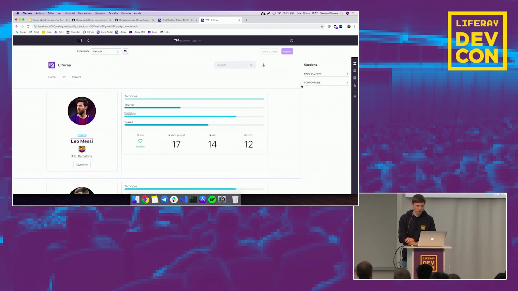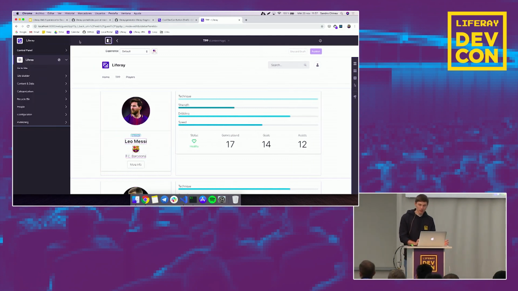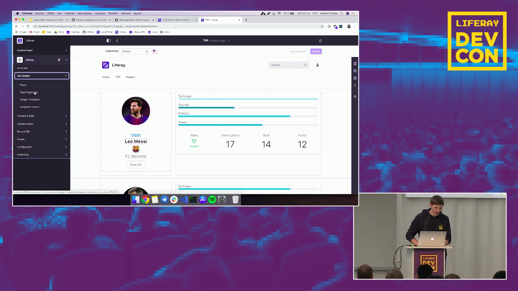And I noticed one behavior: when you add a fragment to a content page or a display page template, and then you modify the fragment somehow, the changes are not propagated, and so you need to remove and then add it again. No, you don't have to remove it actually, and this can be done in different ways. The first way, and we discovered that it's not really clear, so sorry for that, they're going to improve it,